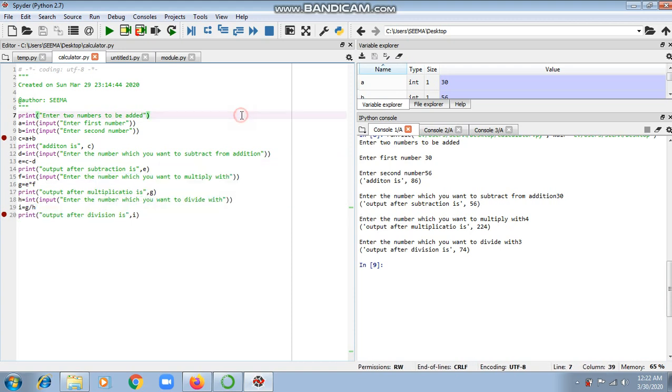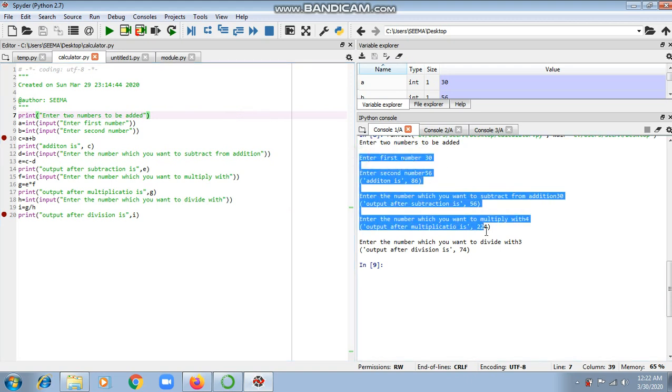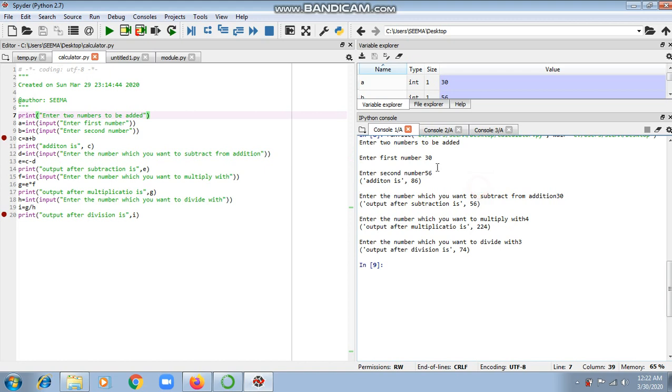When you run the program, you can see the output like this. Two numbers are added and the addition is shown, then one more number is taken as input and then subtracted from the addition. Likewise multiplied and divided also.